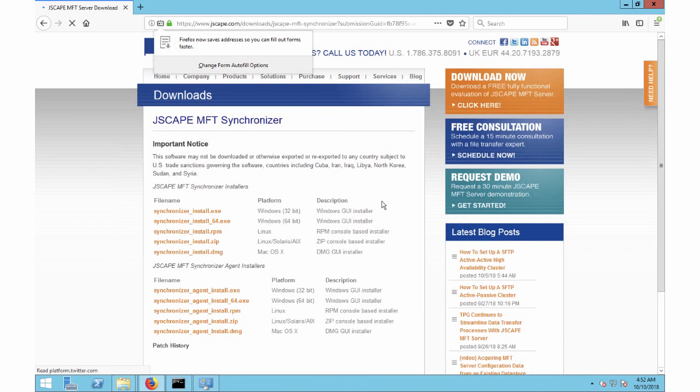So now you're presented with a couple of installers. You have installers for MFT Synchronizer and you have installers for MFT Synchronizer Agent. Right now we just want to install MFT Synchronizer. I'll be creating another set of videos for installing MFT Synchronizer agents on Linux platforms and Windows platforms, so stay tuned for that. So now, since we're going to install MFT Synchronizer on Windows, let's just click Synchronizer install